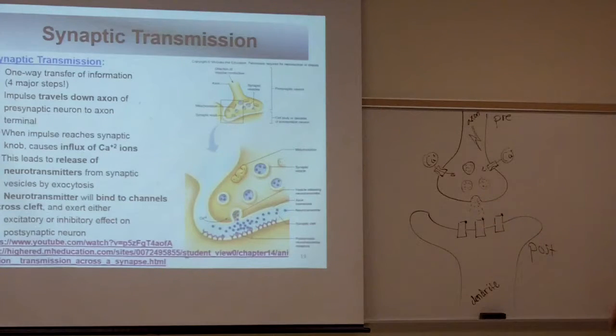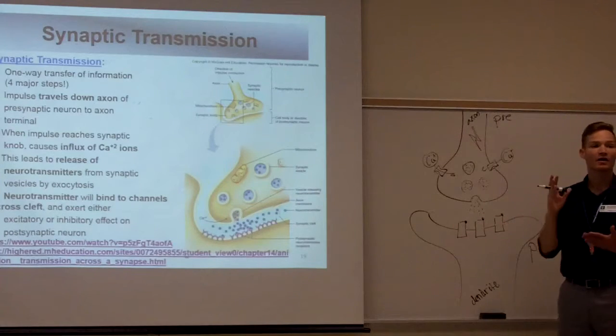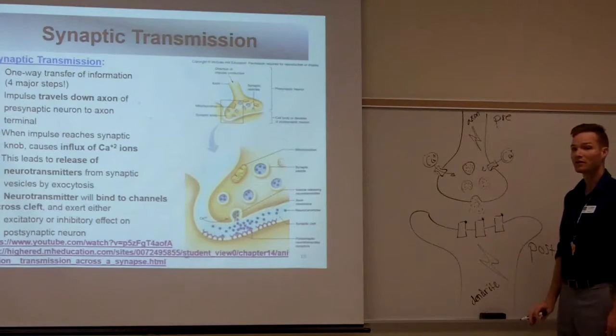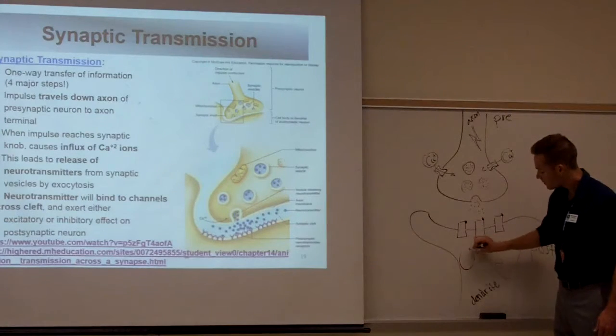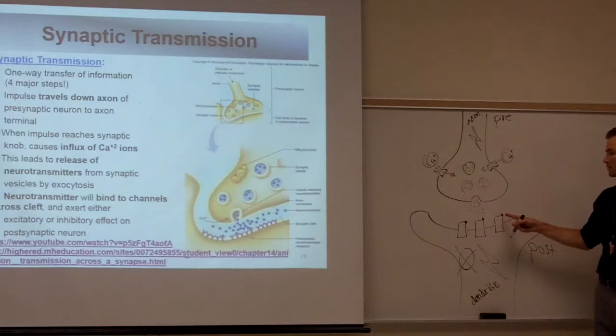That is step 4. The neurotransmitter binds to channels or receptors and exerts either an excitatory effect on that neuron or an inhibitory effect on that neuron. Okay, so how would it do that? Does anybody have any ideas? We know already that a neurotransmitter can bind to a channel and open it up. When that channel is open,